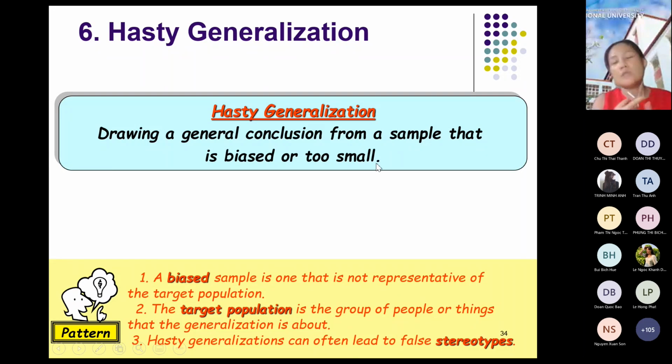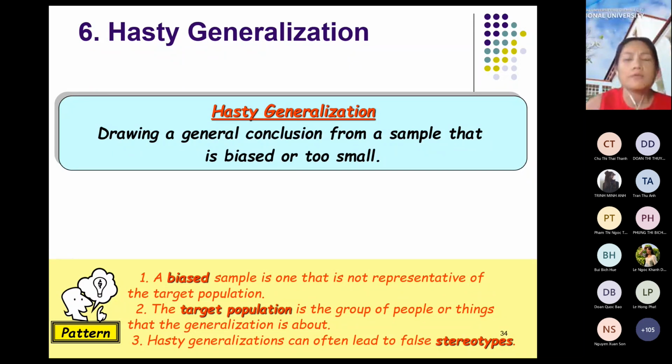The first question is, what is the sample? The second is, what are the characteristics that we want to generalize? And the third one is, what is the population as a whole? If you can answer the 3 questions, it means your argument is in the right format of inductive generalization. After you can answer the questions of sample, population as a whole, and characteristics,